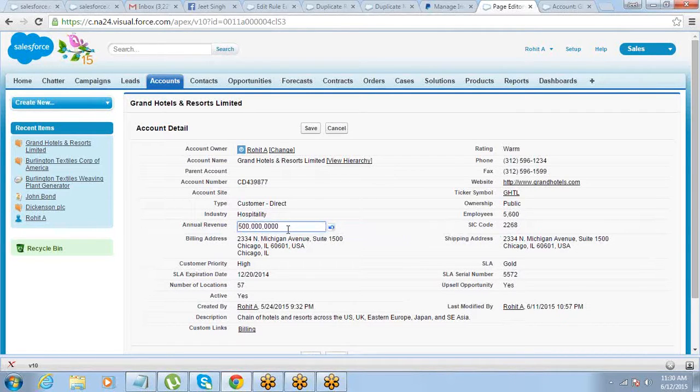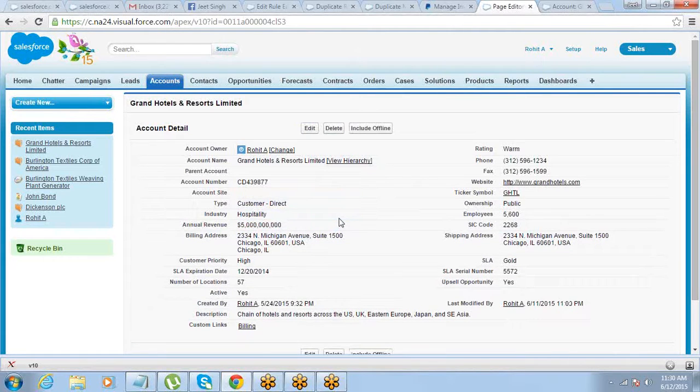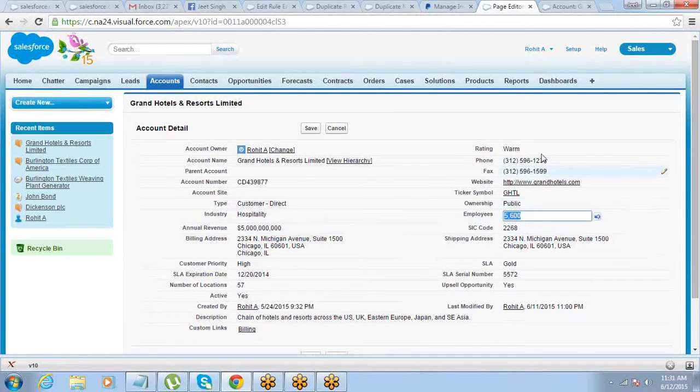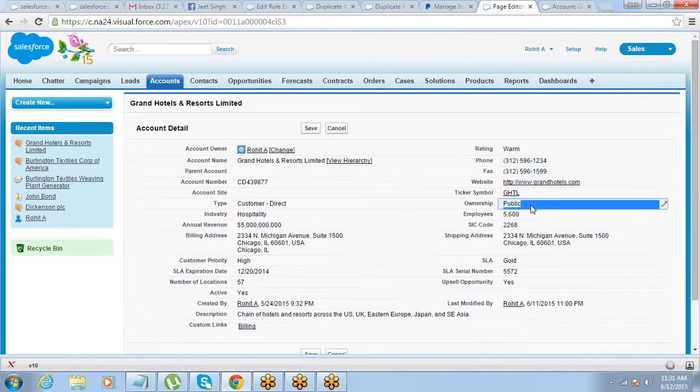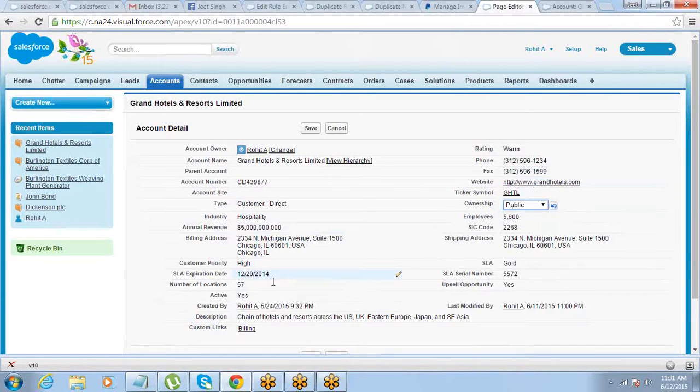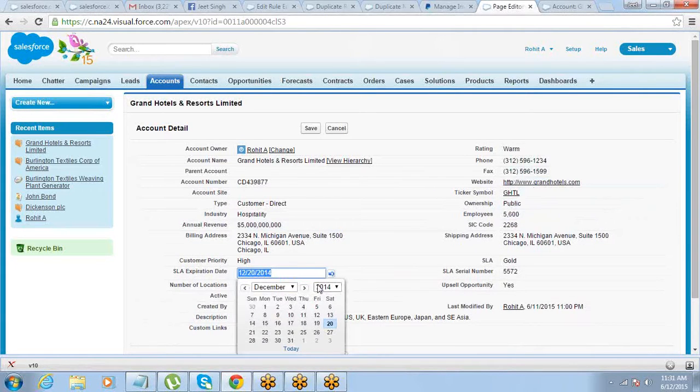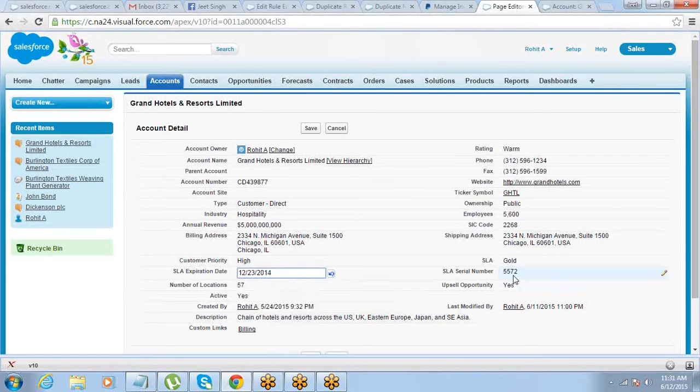Add one more zero and save changes. Correct. So by default it comes. Number of employees. So this inline edit will basically allow you to make your data editable on the page directly without moving into the edit page or something. Any field you want to update, you just have to